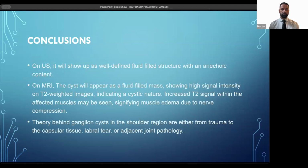So just some conclusions as far as this case goes. On ultrasound, again, this type of cyst is uncommon, though it will show up as a well-defined fluid-filled structure with anechoic content. On MRI, the cyst will appear as a fluid-filled mass, showing high signal intensity on T2 weighted images, indicating a cystic nature. Increased T2 signal within the affected muscles may be seen, signifying muscle edema due to nerve compression. I did talk to the surgeon and the staff, and they also said that